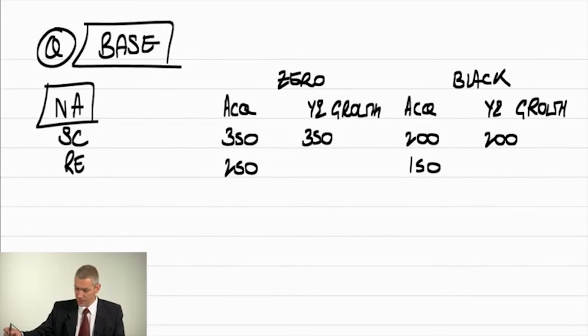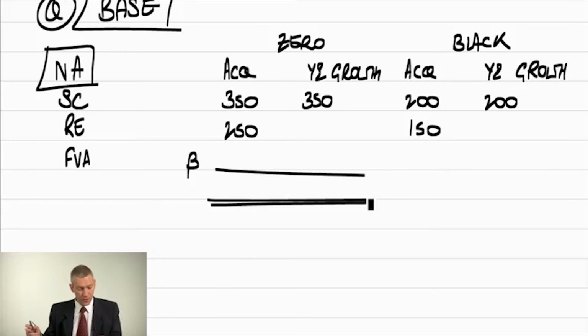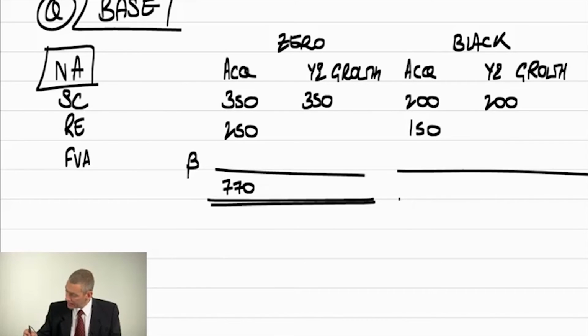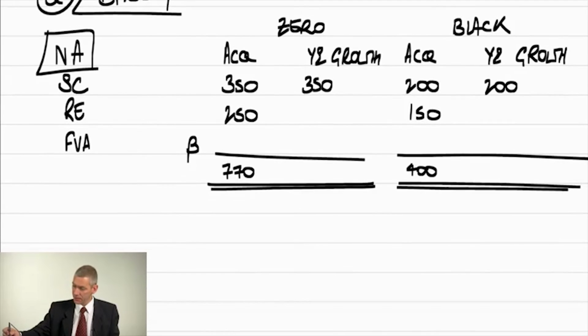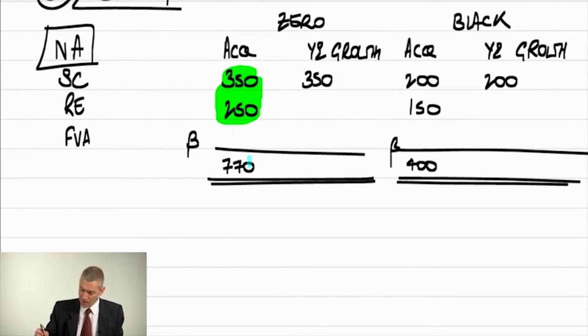Quite a nice way of presenting the information in order for us to work out the FVA as a balancing figure. So we've got a fair value of net assets of 770, and just next door 400. So this is my book value, as it's called. I'm going to compare it to my fair value to get my fair value adjustment. As you can see, it's 600 compared to 770 to give an FVA of